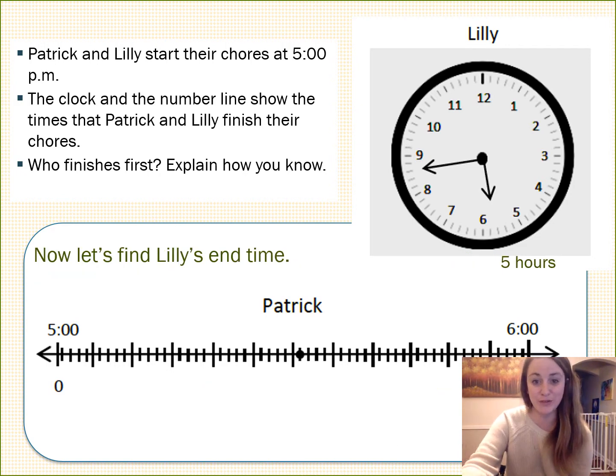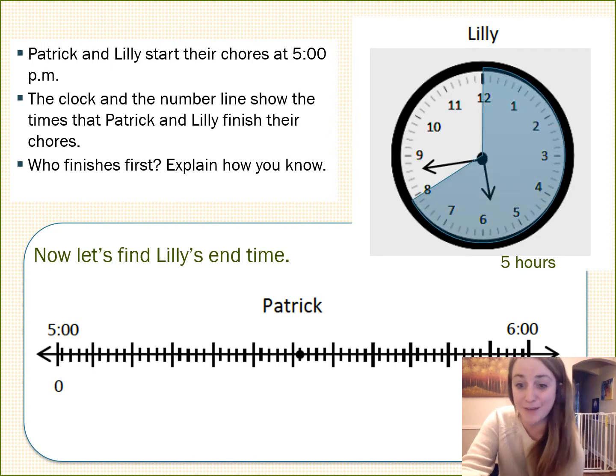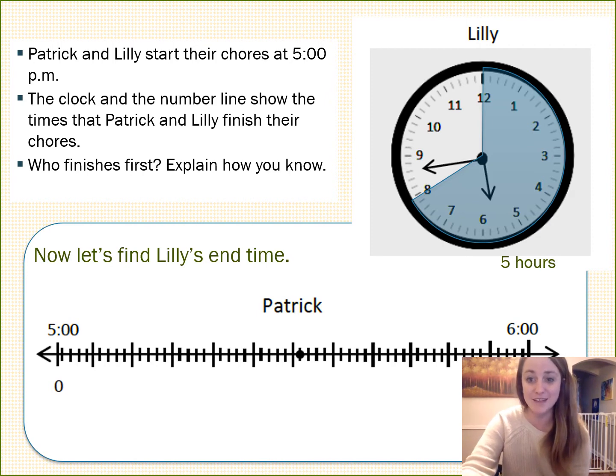Lily's time is shown on the clock. We need to figure out her end time so that we can compare it to Patrick's. First, we'll count by 5s, and then we'll count by 1s. 5, 10, 15, 20, 25, 30,